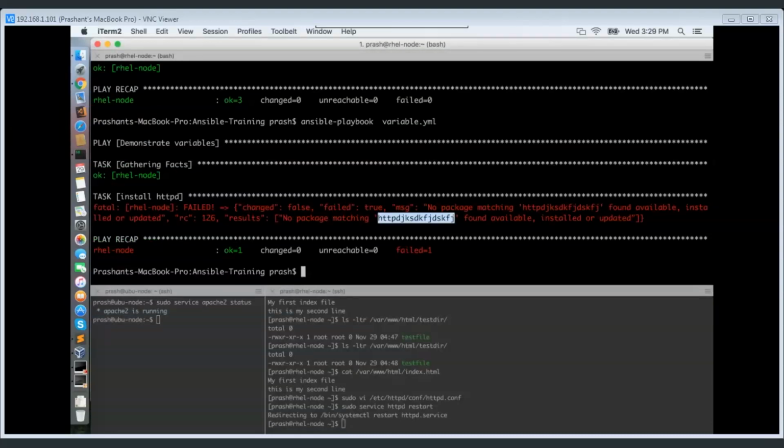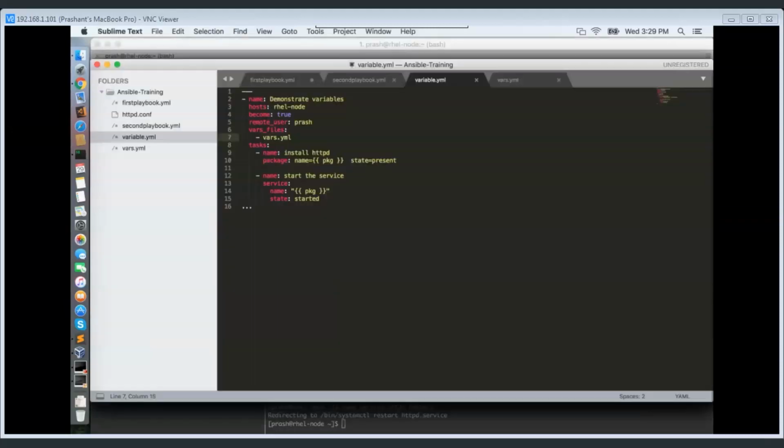Now the third way is you can take this variable value from the user input. Like let's say I'm installing the package. This playbook is to install the package, and after that restart the service. So why make it only for httpd? I can take the input from the user, and whatever package he wants to install, I can use this playbook for all the package installations. He'll just enter the package name, and then it will install and start the service. Make sense? For that we have vars_prompt,